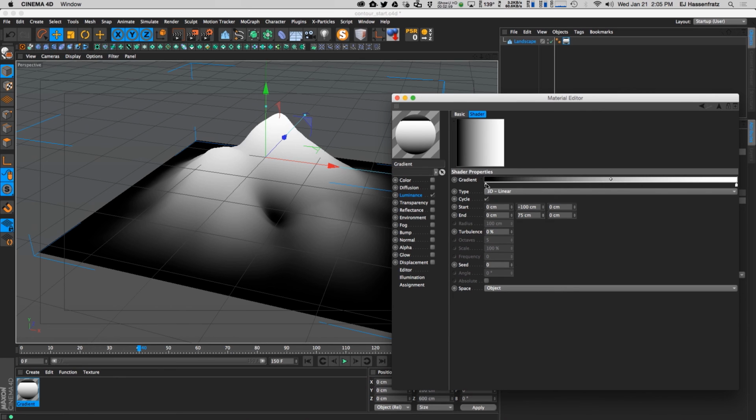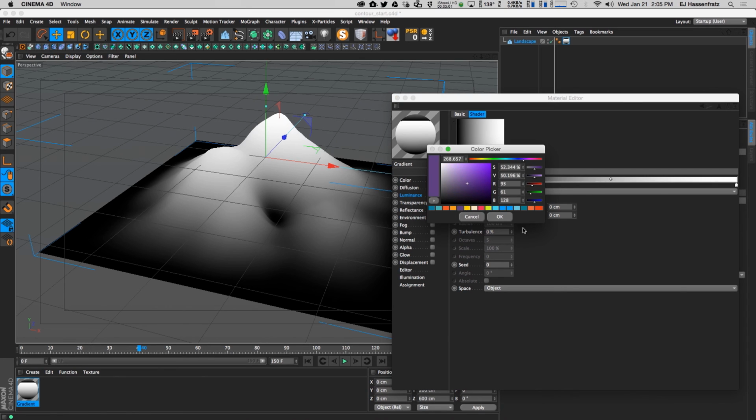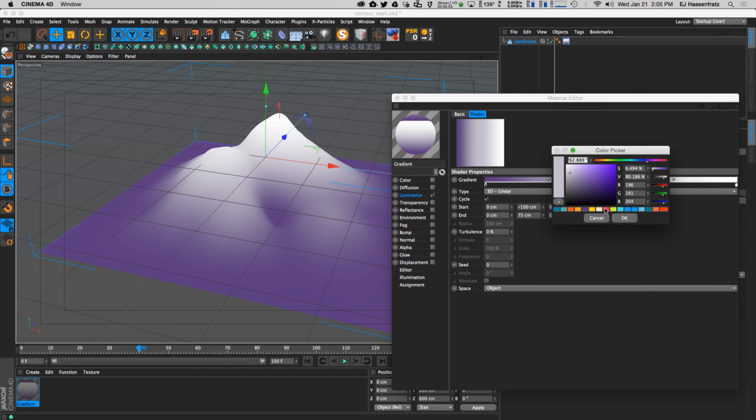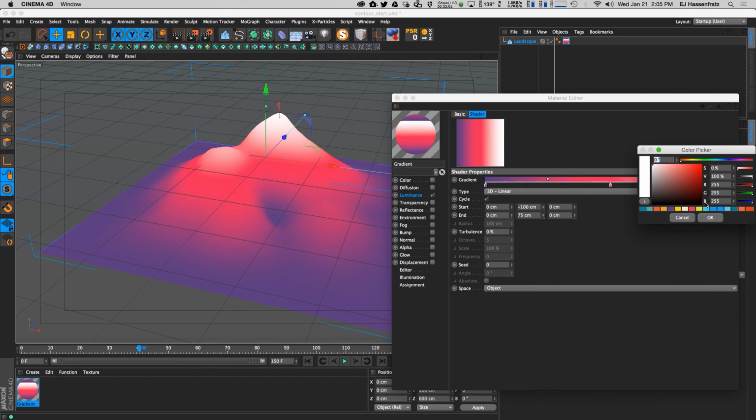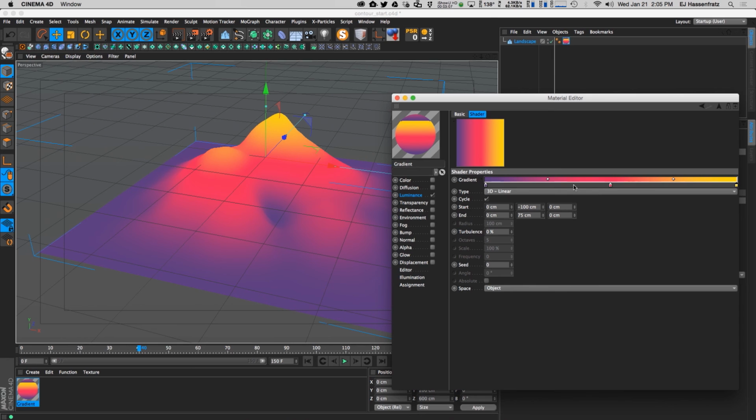Now I want to change the gradient to some funkier colors. I'm just going to go with some crazy 80s colors here. We're going retro. This is a retro mountain. Then you can mess around with this as you like. And that's looking good to me. So now what we can do is go ahead and